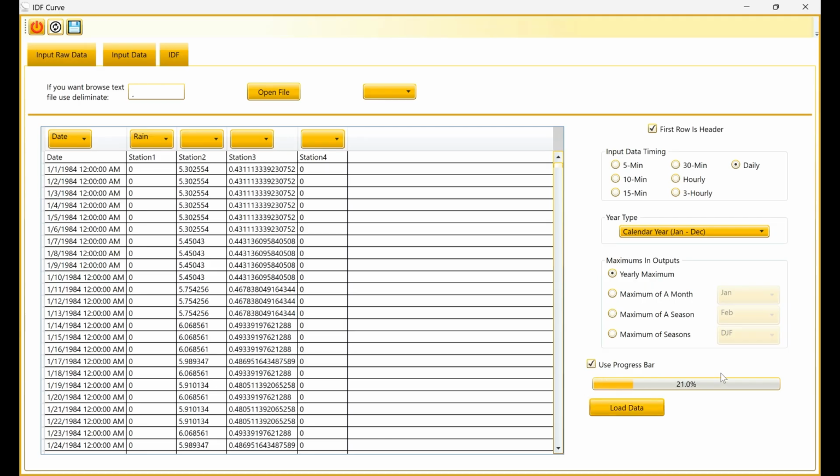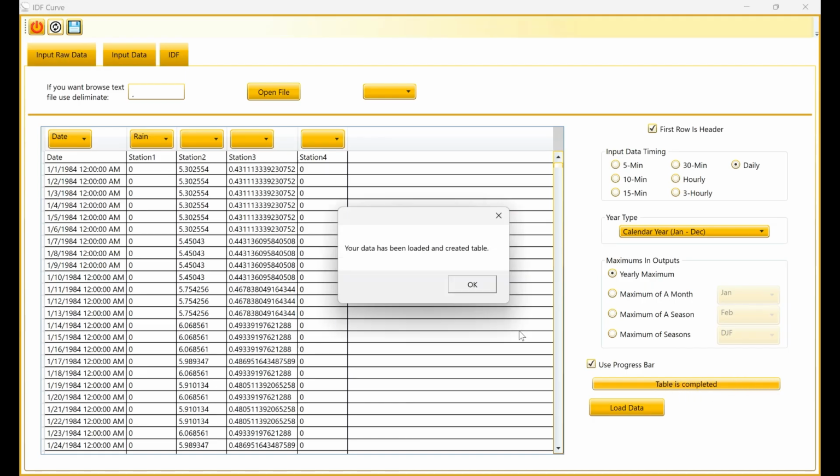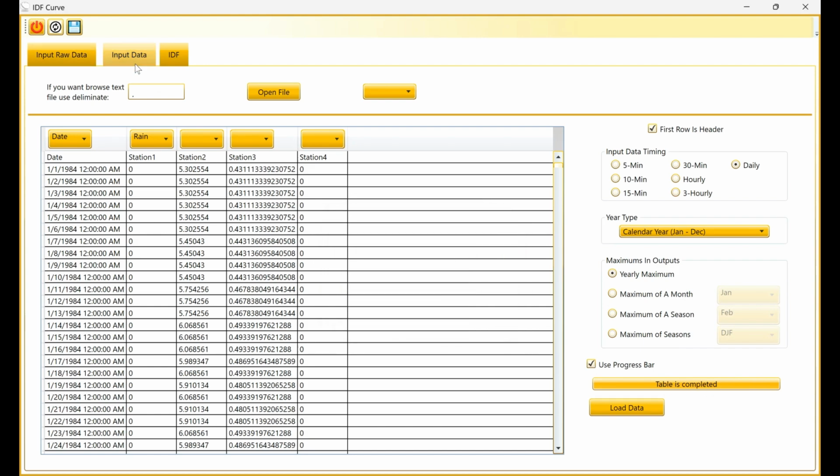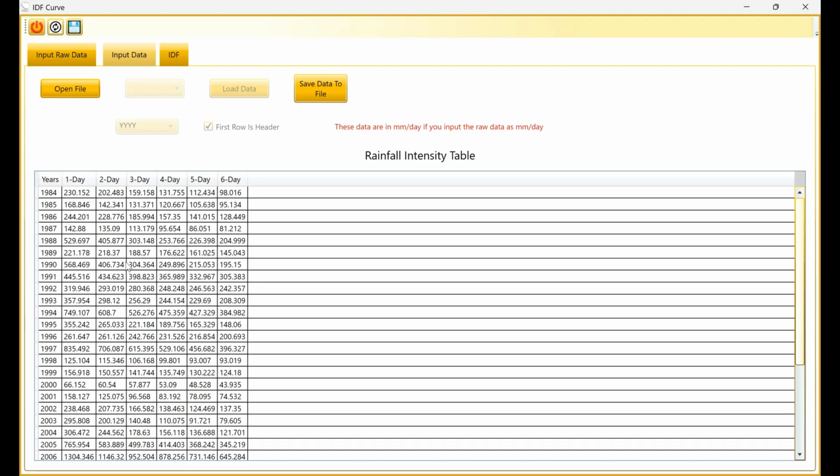If you are working with a complete rainfall record, leave the progress bar option enabled, then click Load Data to begin processing. The software aggregates the rainfall data for all supported durations, computes the rolling rainfall intensities, and extracts the selected maximum values for each analysis period. When the calculation is complete, the rainfall intensity table is created automatically and displayed, ready for frequency analysis and IDF